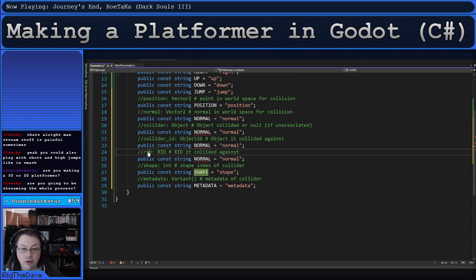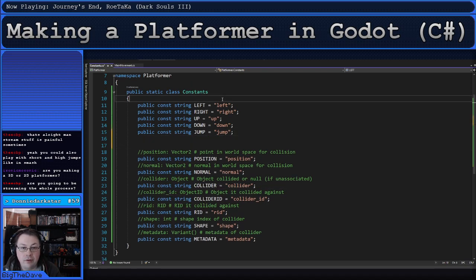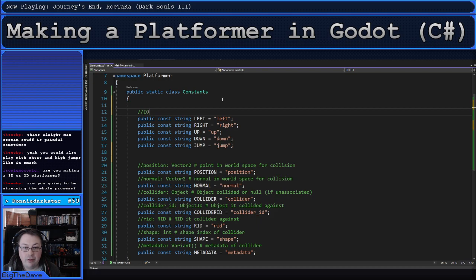Not that these will change, but it just means that we can get into LSNs for these. So we now have all of these in constants, so we'll qualify that with